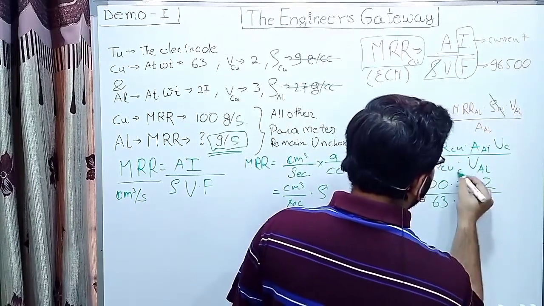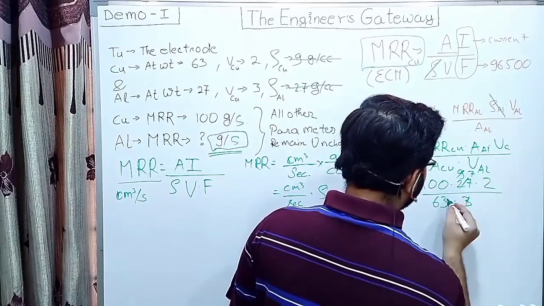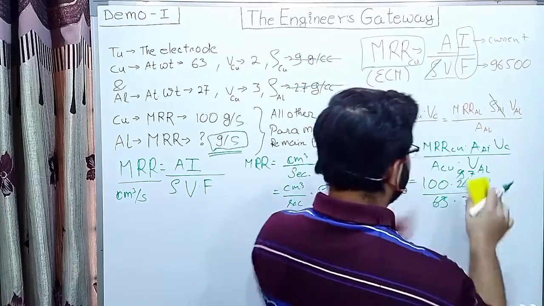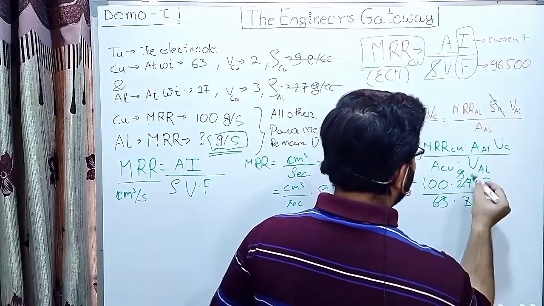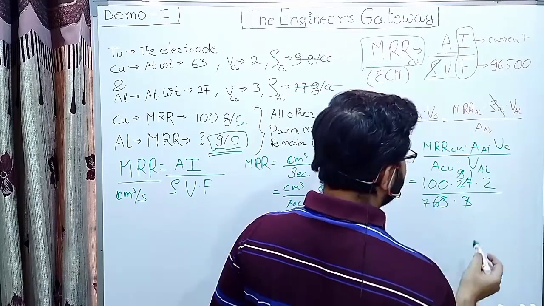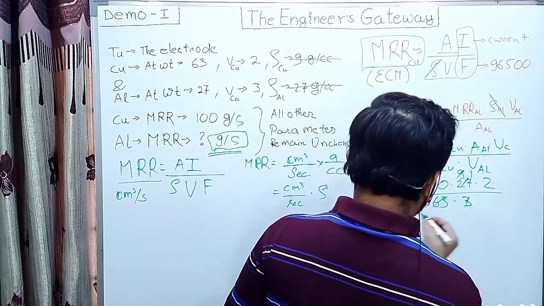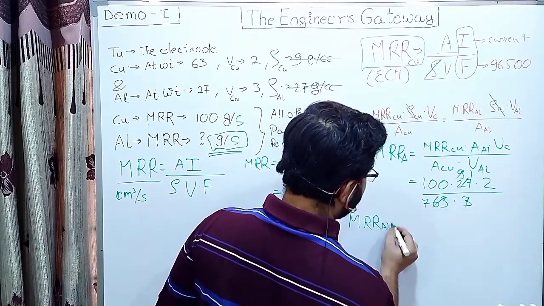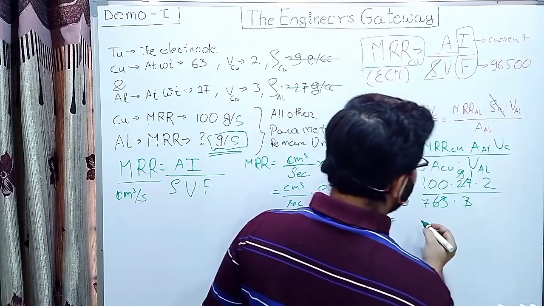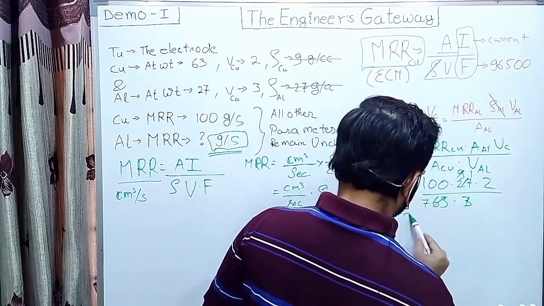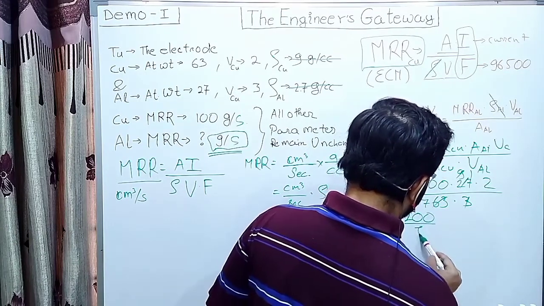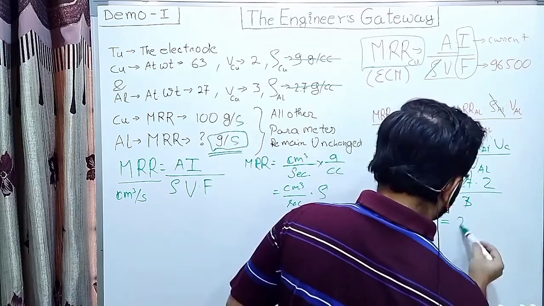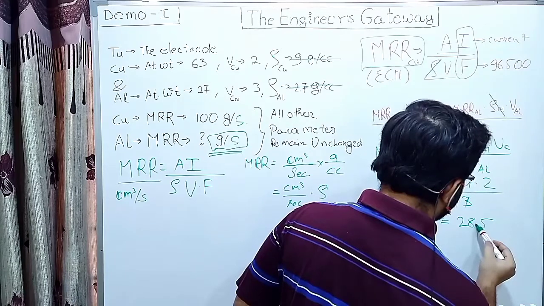That simplifies, and MRR aluminium is nothing but 200 by 7, and it comes out to be somewhere around 28.5